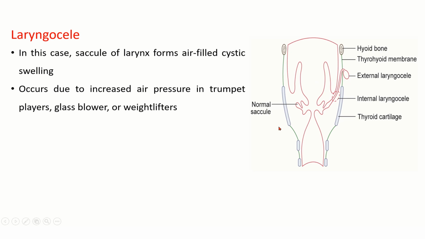So here you can see the laryngocele. You can see here the internal laryngocele and external laryngocele. The saccule of the larynx forms an air-filled cystic swelling due to increased air pressure in trumpet players, glass blowers, or